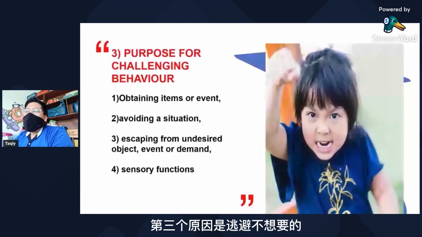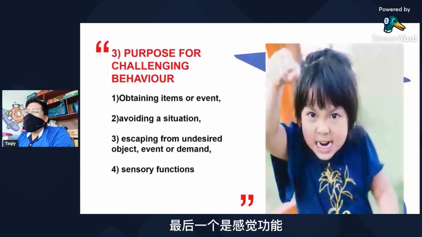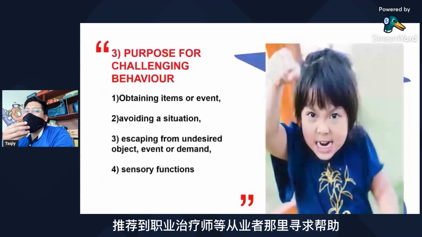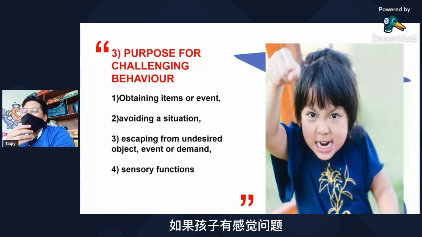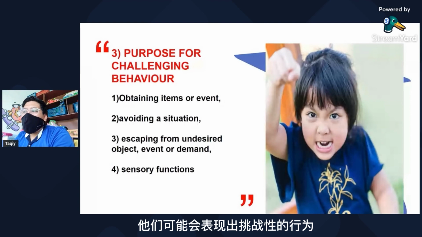Number 3, escaping from an undesired object, event, or demand. And then lastly is sensory function. For sensory function, if you want to know more, it is recommended to go to a practitioner such as an occupational therapist to get an assessment for sensory issues. If the children have sensory issues, they can show a challenging behavior.